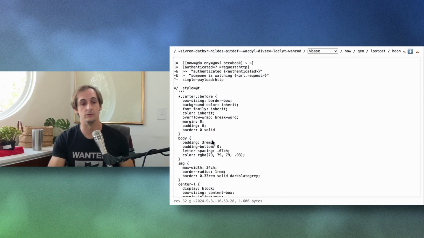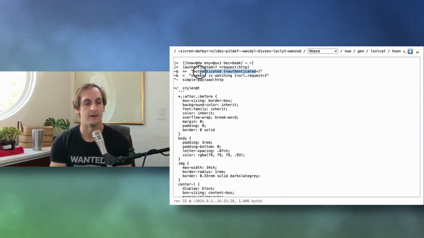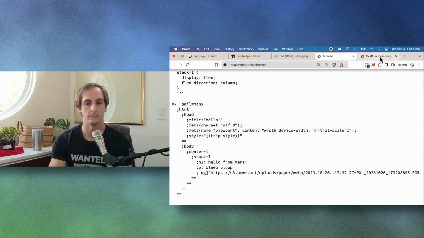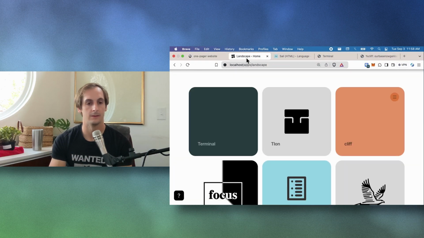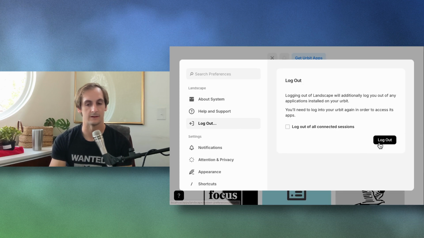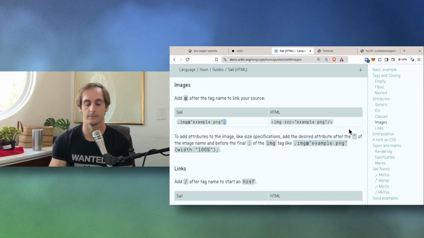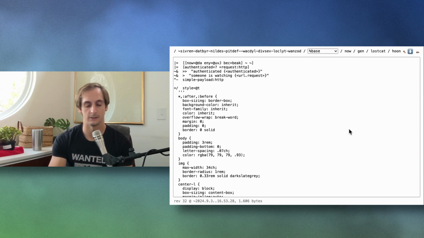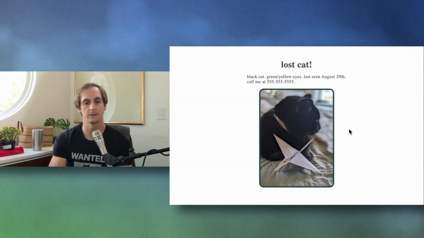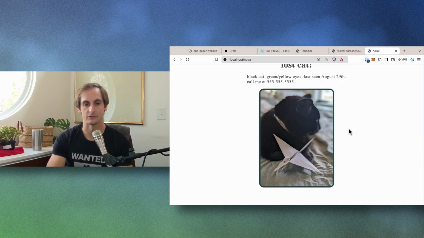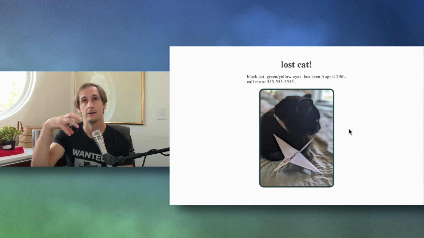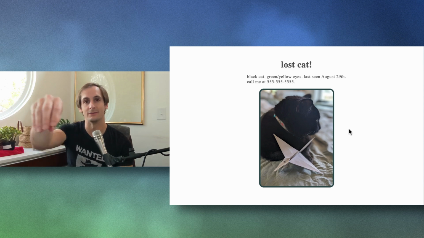One of the interesting things that you can do here, we're told whether we're authenticated or not. We can mess around with not being authenticated. Let's see if we can actually see it. So let's log out. Okay, we're logged out. And let's see if we can go to localhost/nova. And there we go. It's perfectly content serving it up to somebody who isn't logged in. So that's great. This is a website on the clear web.